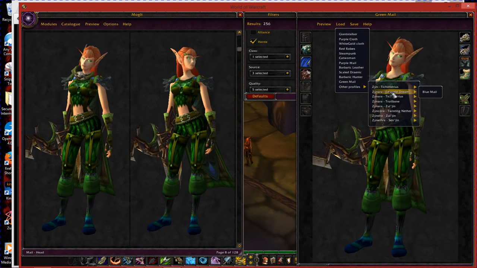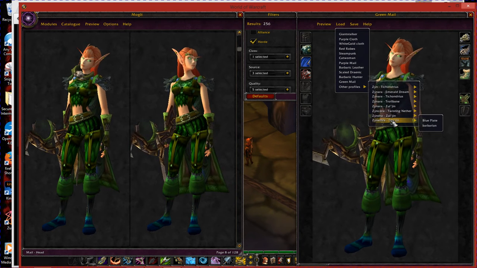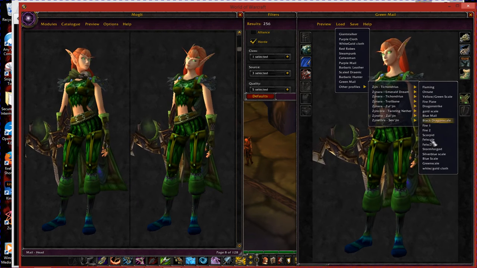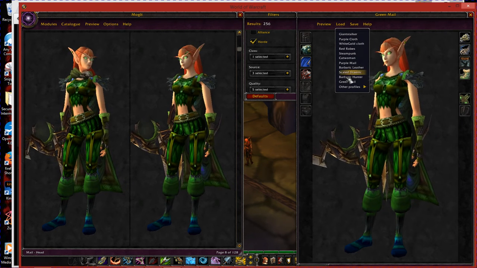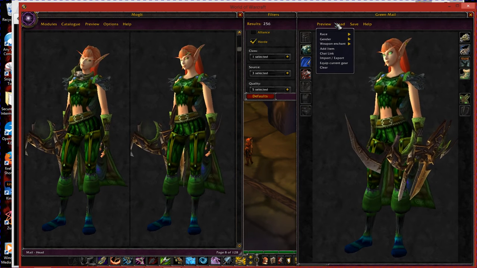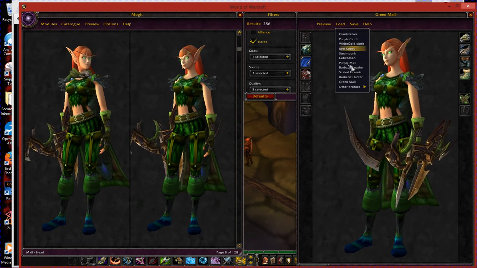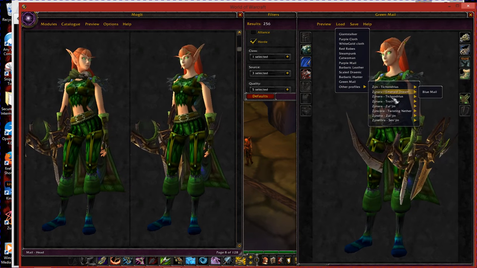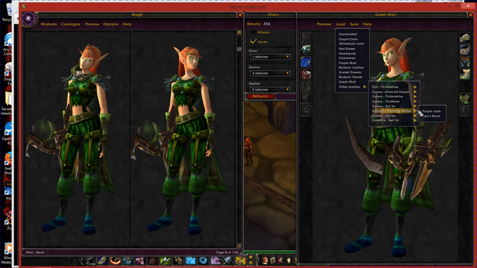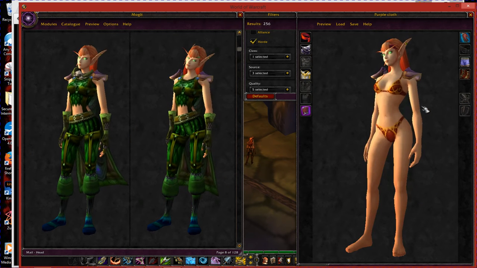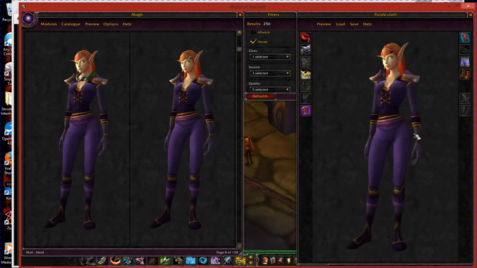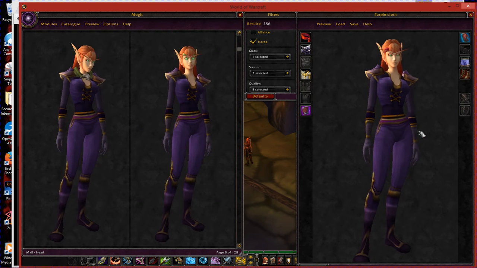But as you can see, I can go into any of my other characters, all on the different realms that I have, and they all have different pieces. But I want to look at my green male. Now let's say I want to look at a different one though, that is not on this character. I want to look at my purple cloth. I have a very nice purple cloth. Boom. There it is. That's another set that I've created.